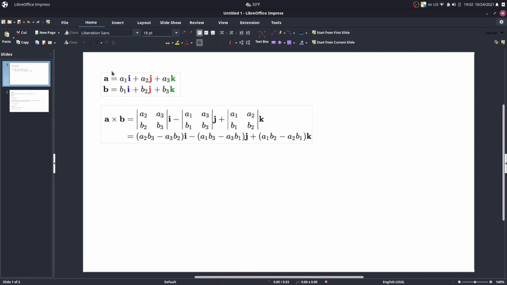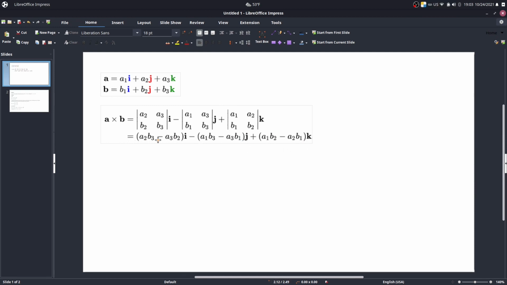the basic equation for cross products of two vectors A and B, shown in bold here with their given values. So we have a1i plus a2j plus a3k for vector A, and we have b1i plus b2j plus b3k for vector B. And the cross product usually is taught to be calculated using this method. You have the determinant of this 2 by 2 matrix minus the determinant of this 2 by 2 matrix, which has the coefficient j, and then we have the determinant of this 2 by 2 matrix, which gives the coefficient of k, which, if you want to do the determinant, these would be the determinant of the three 2 by